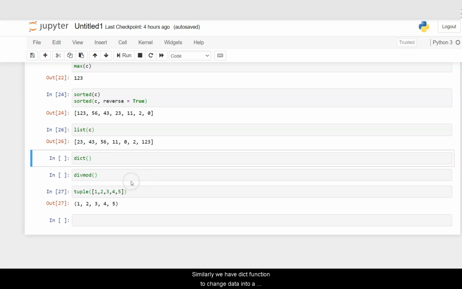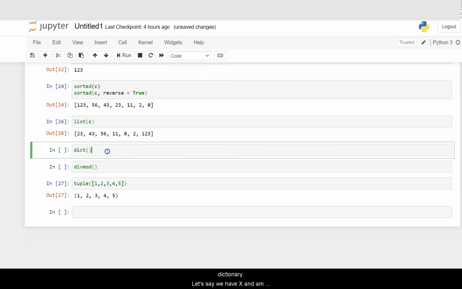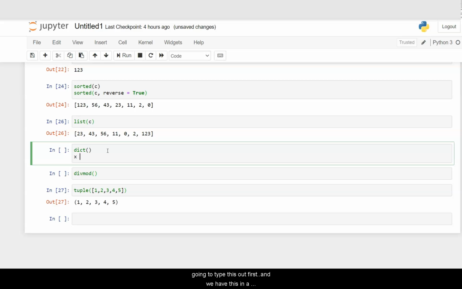Similarly, we have the dict function to change data into a dictionary. Let's say we have X, and I'm going to write this out first. And we have this in a tuple. We have the name, position,